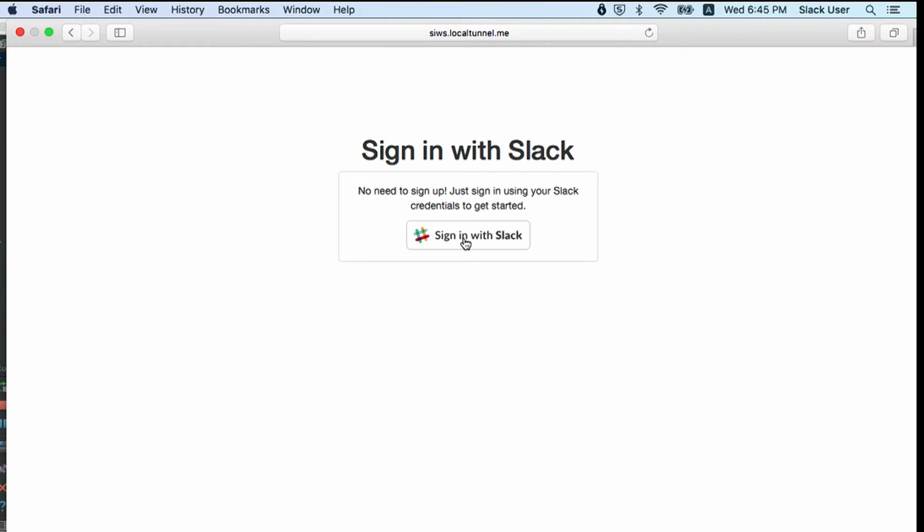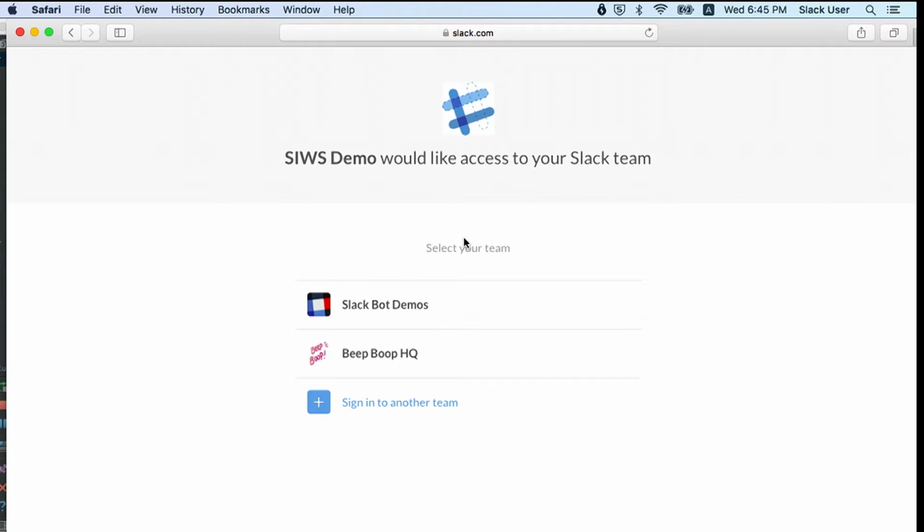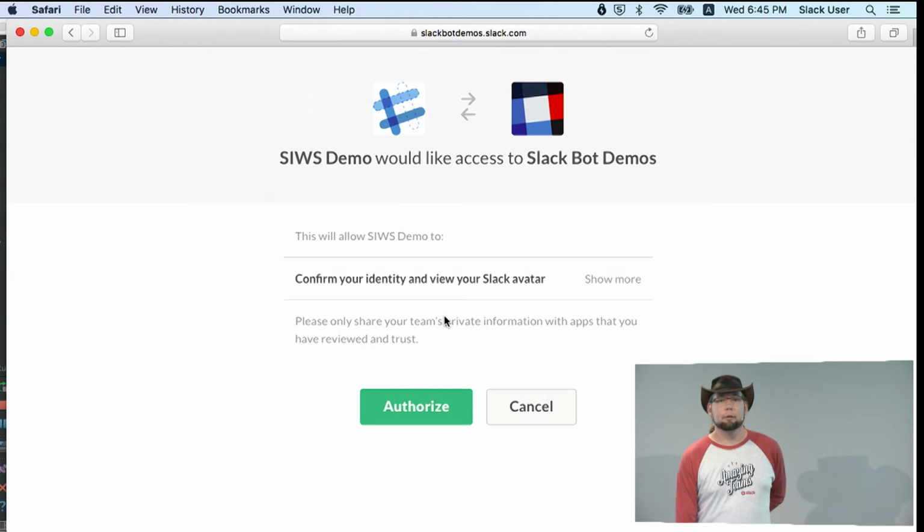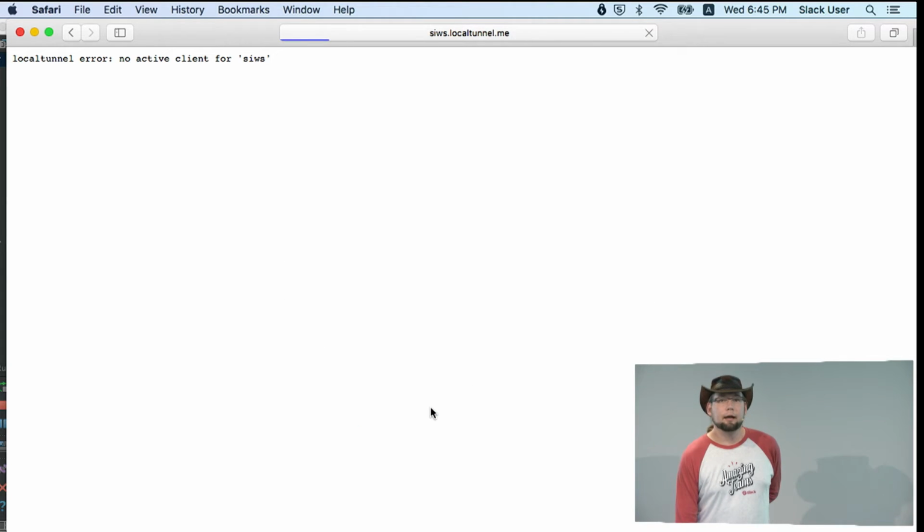So here's the app. It's got the button. We can sign up. I think I will. Why not? What's the risk? Hey, I'm signed into 2 teams. Who knew? So we go through the usual OAuth flow. It asks me, do I want to sign into my team? I say, well, yeah, of course, I want to sign in using my demo bot team. We're going to authorize this. Looks like it's going to look at my identity and my avatar. And